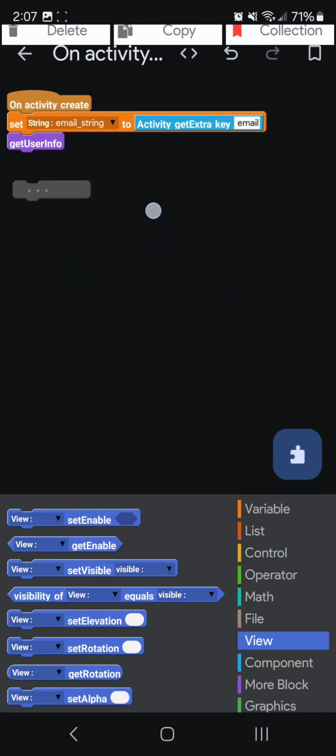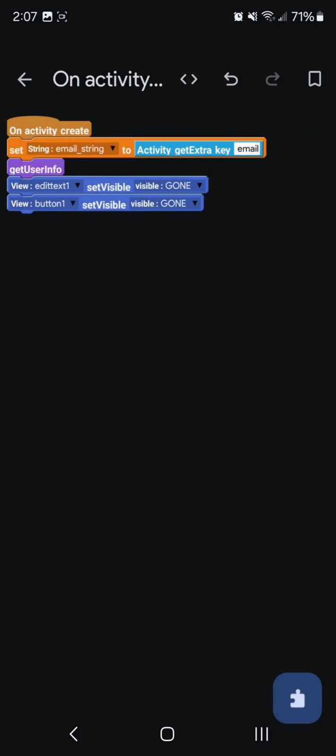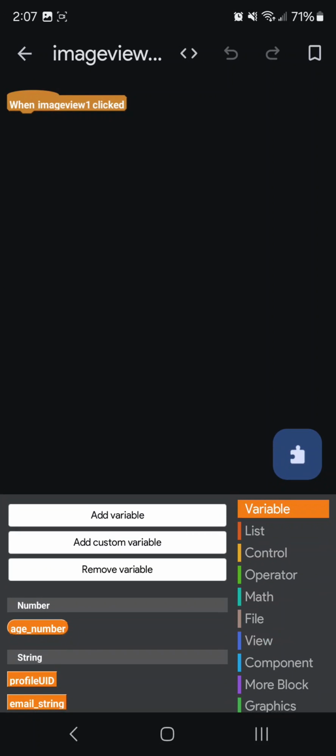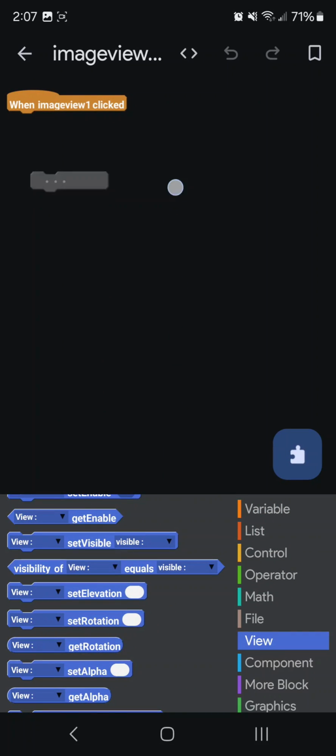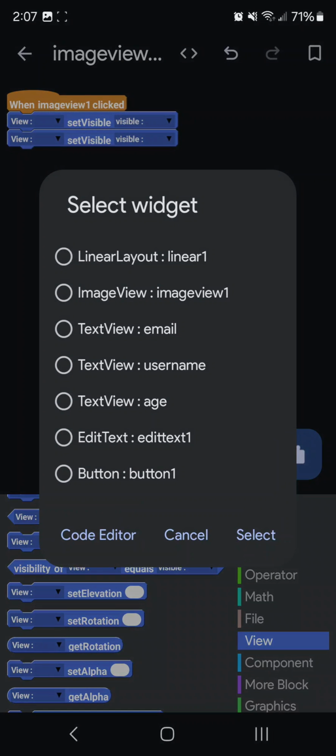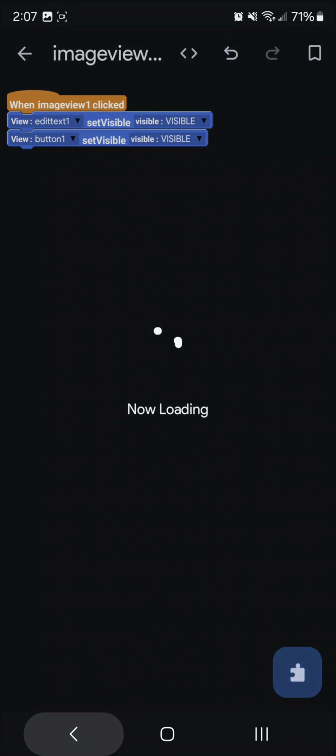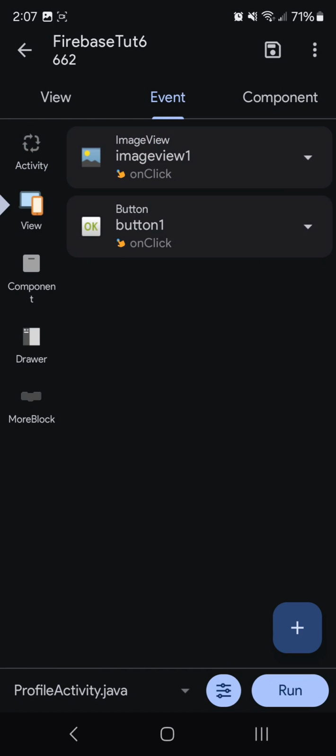This is just me showing you something that you could do. So I'm going to hide those when we navigate to this activity. But when I click on my image, I'm going to show those so that I can sign in. Now you can make a dialog window if you wanted to enter the password, but I'm just going to keep it simple because we haven't worked with dialogues or anything like that. So we're going to make that visible,